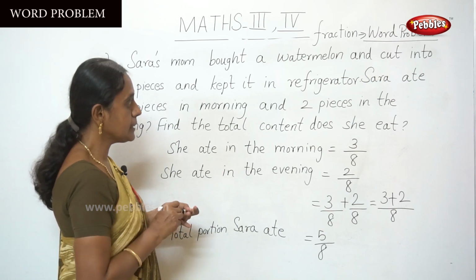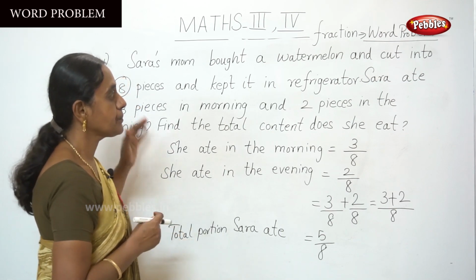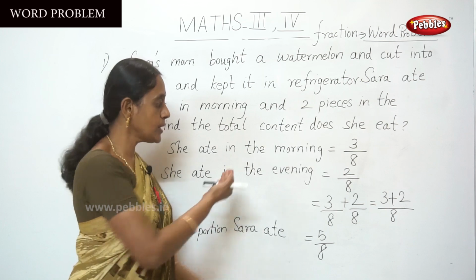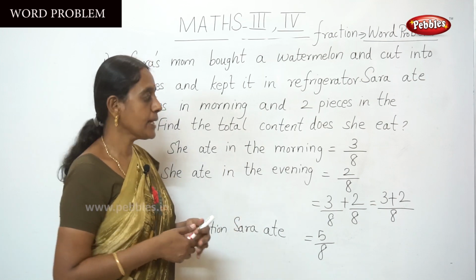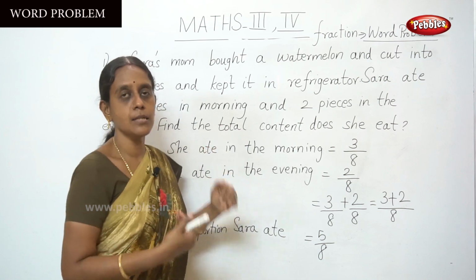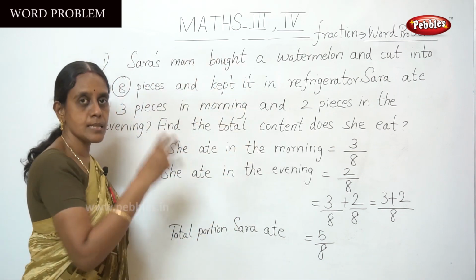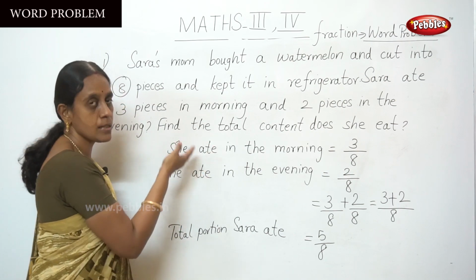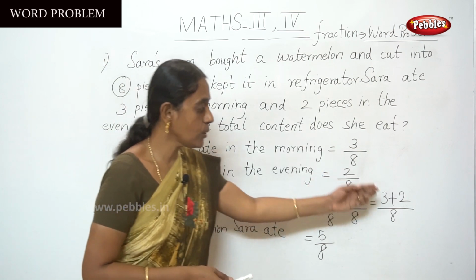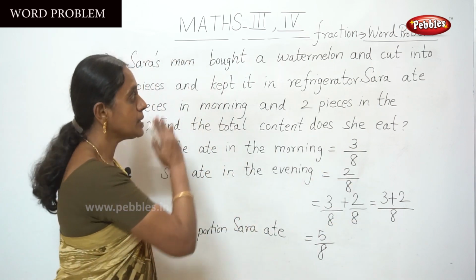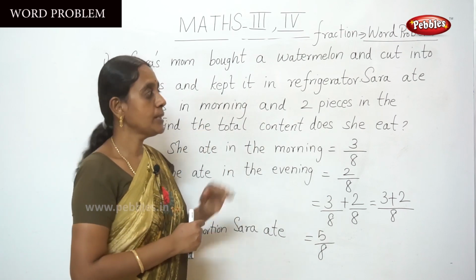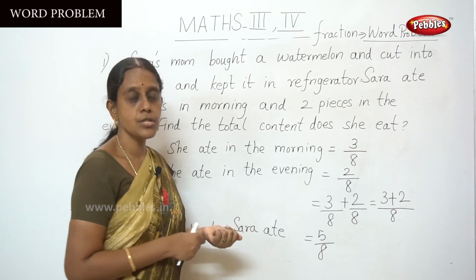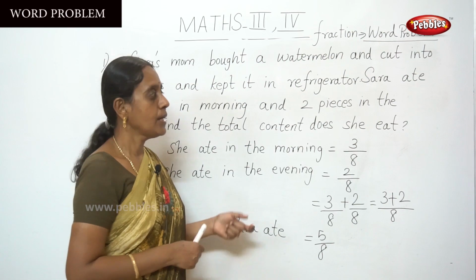So this is a method to calculate the total fraction, and by understanding the question, write down the statement in your word problem. You will get separate marks for your full mathematical sum, because you get marks for each statement. Each statement gets half a mark, and then the final calculation and answer. This is a method to do the word problem in fraction. Okay, and let me discuss another addition and subtraction sum in fraction in our next video.